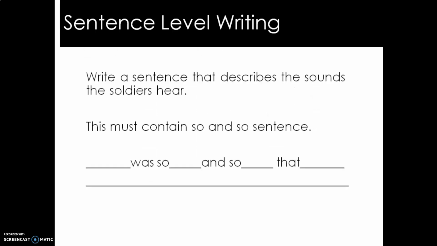Okay, so we'll do our sentence level practice next, just as we did last lesson. So pens at the ready, we're going to write a sentence. First of all, it's going to follow a particular structure, so and so sentence, but it's also going to contain an interesting verb to describe the senses. So think about what it is that you want to describe first. So if I go for the fog,